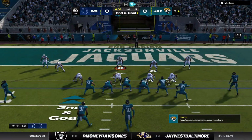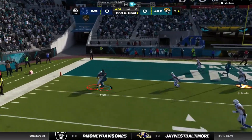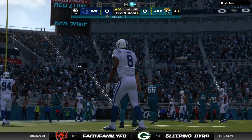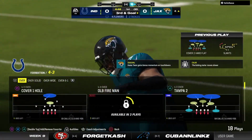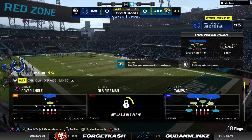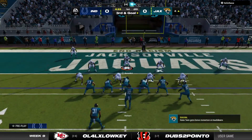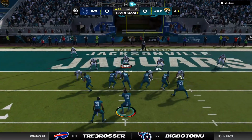Now from the 7, here's 2nd and goal. Justin Herbert looking to pass. And he's got his man out of the backfield. That's complete. Only 3 yards there on the completion. That'll lead to a 3rd and goal. Driven it down the field nicely here on the opening drive, and now it's put up or shut up. No doubt about it, because to make that type of a drive and ultimately kick a field goal would feel very disappointing. But I'm just wondering,